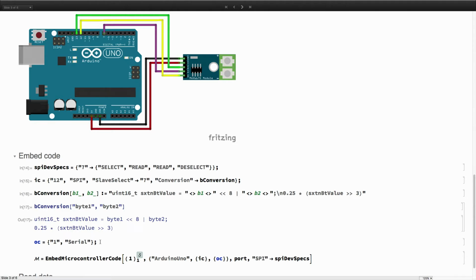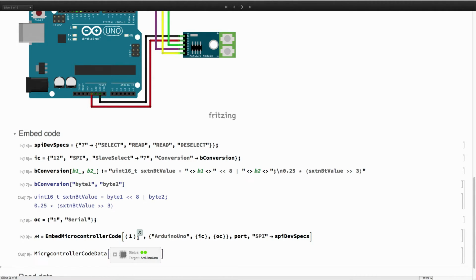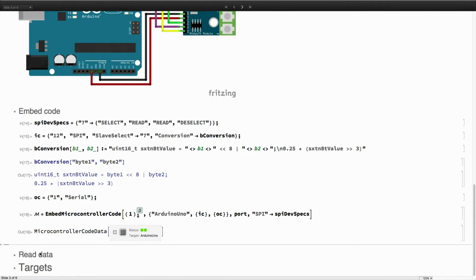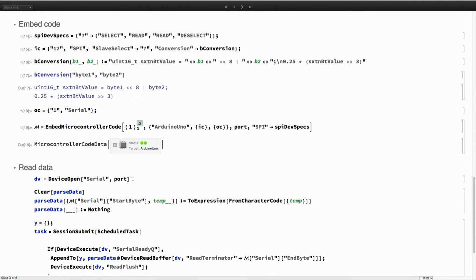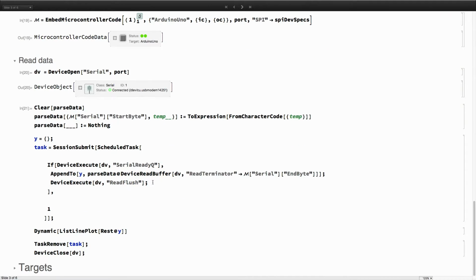The reason I'm doing that is because now after this I'm going to use the serial device framework to read the temperature back into Mathematica. So let's embed that code. So now the code is running on the Arduino. It's getting the data and it's sending it back over the serial line. So I'm going to use the device framework. I'm going to open a connection to the data. The data is coming in as integer codes. So I create a parsing function that will convert it into Wolfram language expressions. And then I set up a scheduled task, which is reading the data, parsing it, and appending it to that list. And now if I evaluate that,